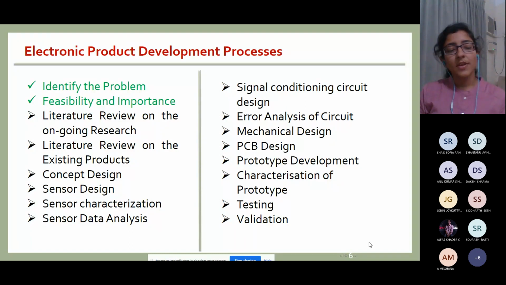So if you do it another way, and both are similar, then you don't have the novelty of that product. So you have to do the literature review of both the ongoing research as well as the existing products. So for that, we first did the literature review of the